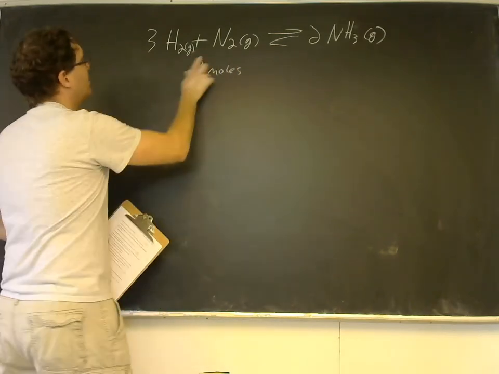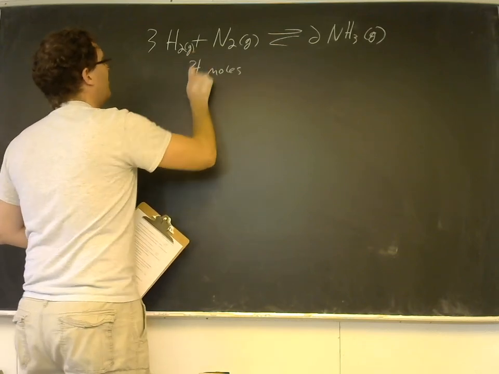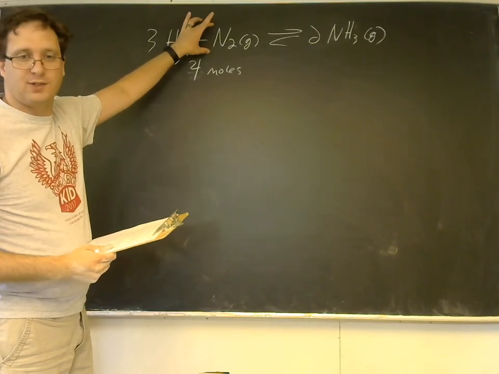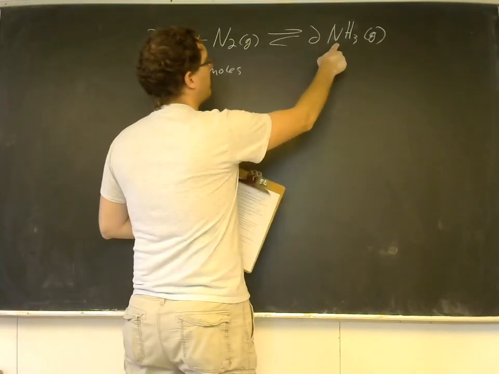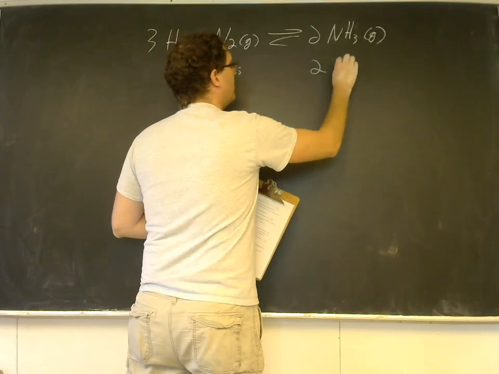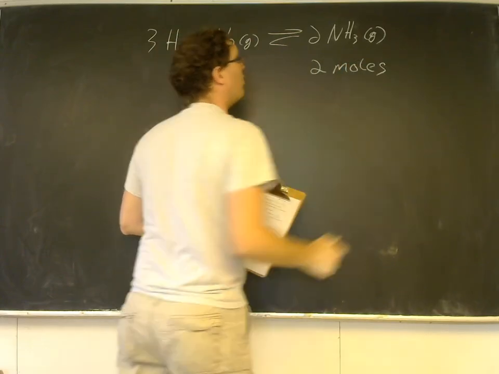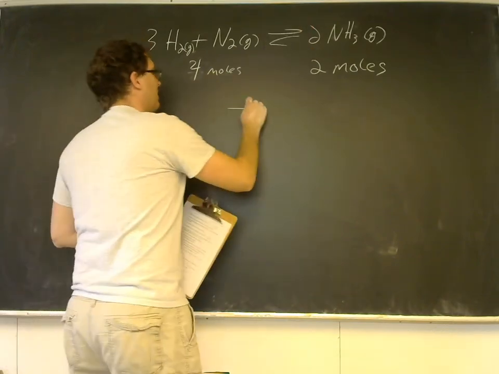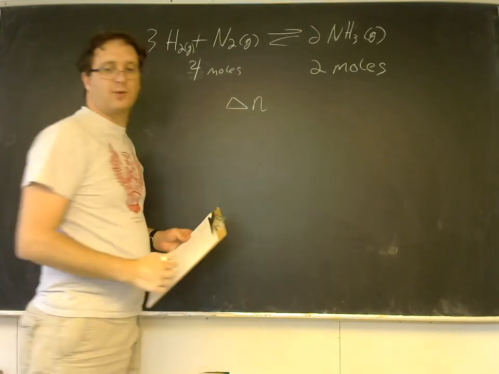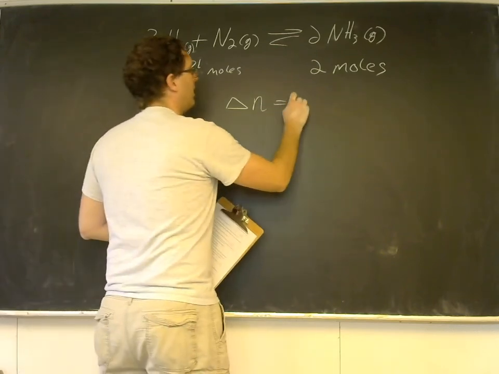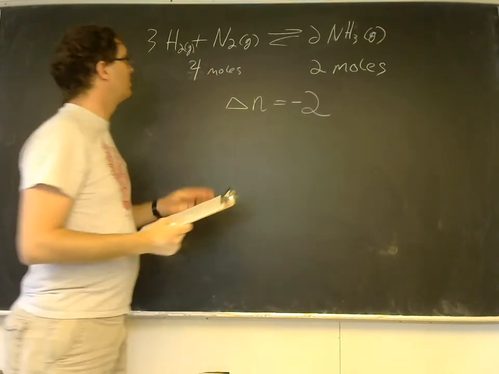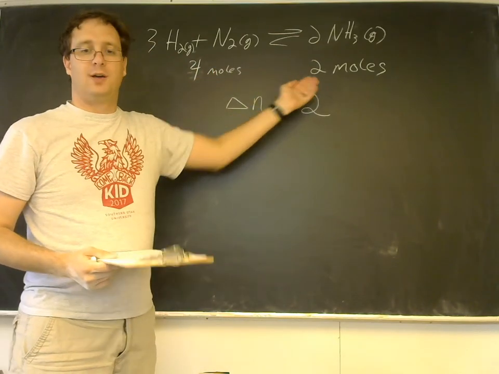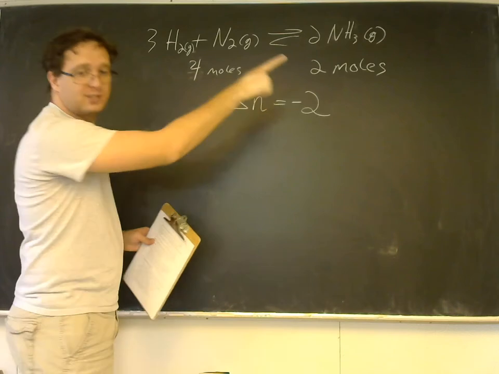Oh, I'm sorry, that's not true. We have 4 moles of gas on the left side. 3 hydrogens and 1 nitrogen. And how many moles of gas on the right side? 2 moles of gas on the right side, 2 ammonias. And so what is delta n for this reaction? It will be -2. Our change in the moles of gas is -2. We went from 4 to 2, which means that for this reaction,